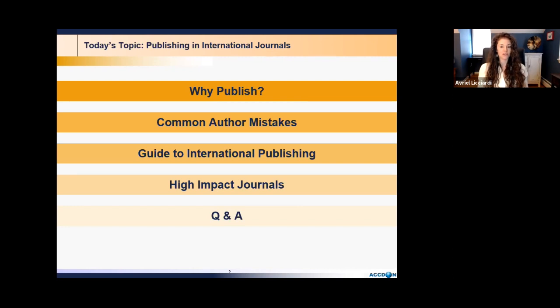And then lastly, I do want to touch on what's appropriate for high impact journals, how you can assess your research about whether or not it has a good chance to be accepted in a high impact journal, when to choose one of those and when not to choose one of those. And then finally, Rong and I will address the questions that you put into that discussion board on PeerRef in the Q&A after this presentation.